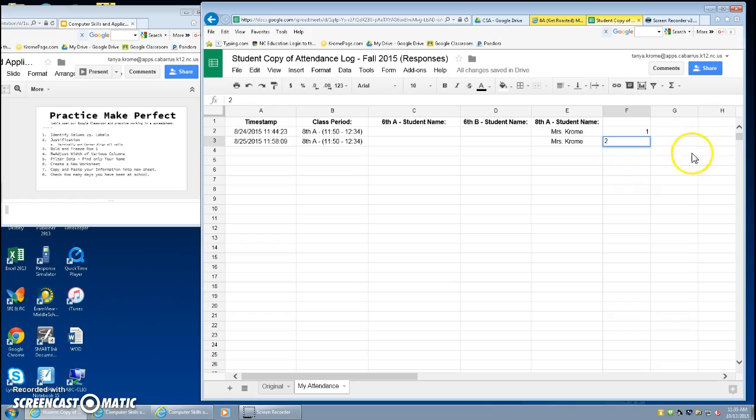1, 2. Let's say I had been here several days. If I highlight 1 and 2, there's a little box in the right-hand corner. I can hit plus and pull all the way down. It will count for me. It's the most beautiful thing ever. I think that's a tool that I use often. So I'm just going to go ahead and delete that. But if you want